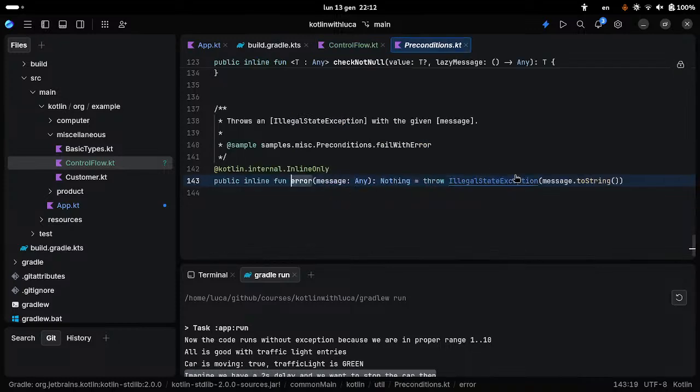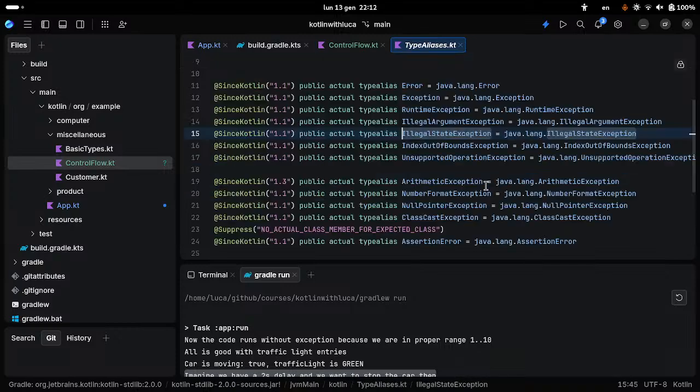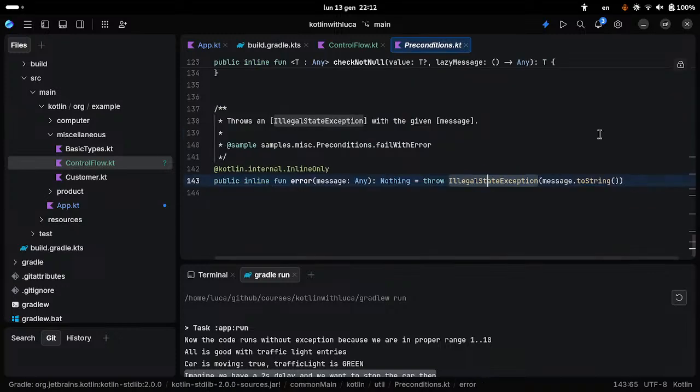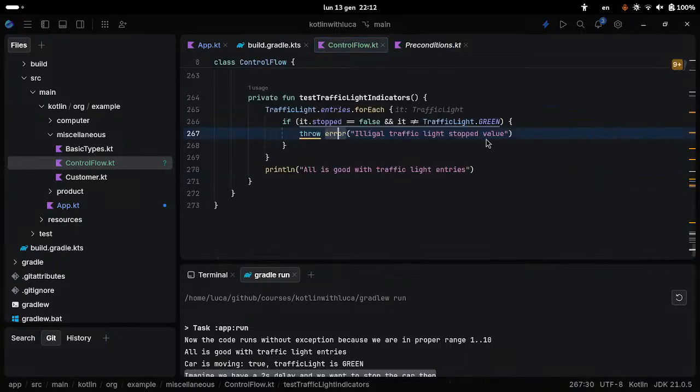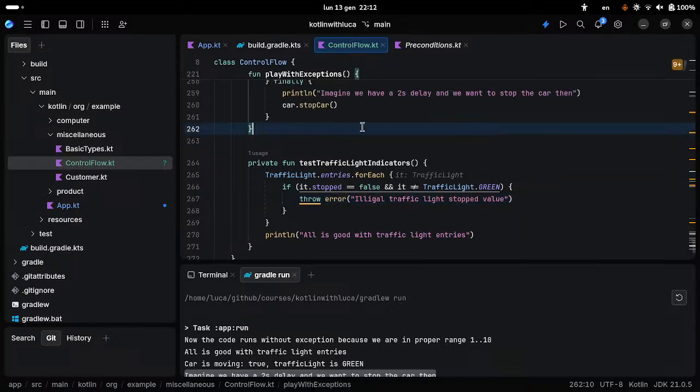So instead of error, which basically throws an illegal state exception, we might have our own exception that says